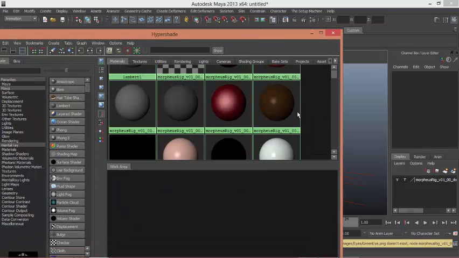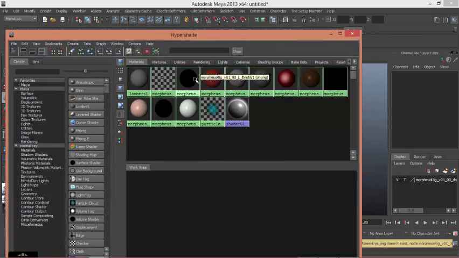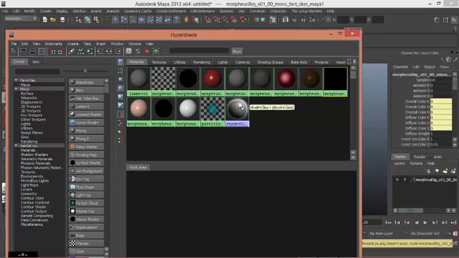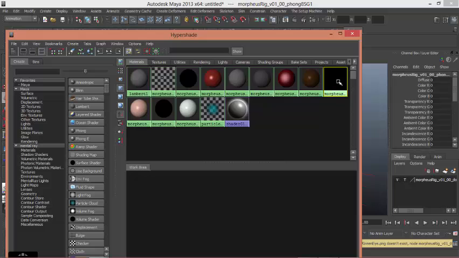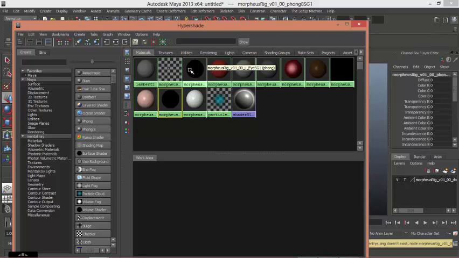Alright? So when you open up your Hypershade, you'll notice that basically you have some solid black stuff around here. Alright? Now what this does is basically it's telling you that it's missing things. Okay? So for you to fix this is just as easy as going into